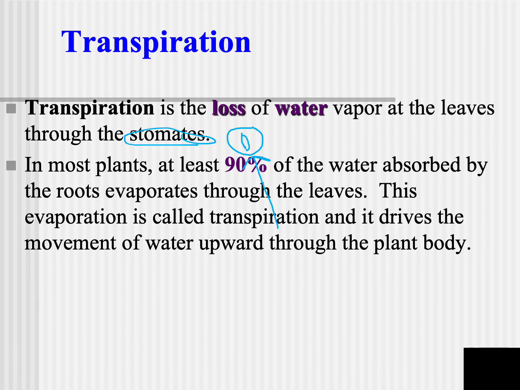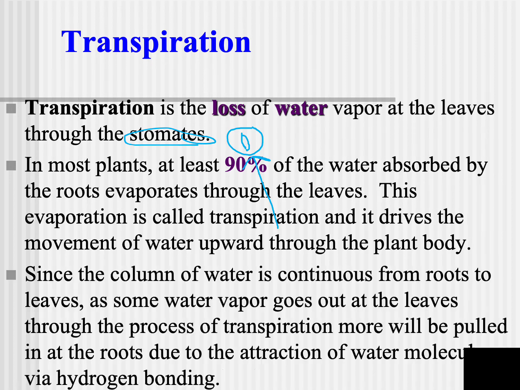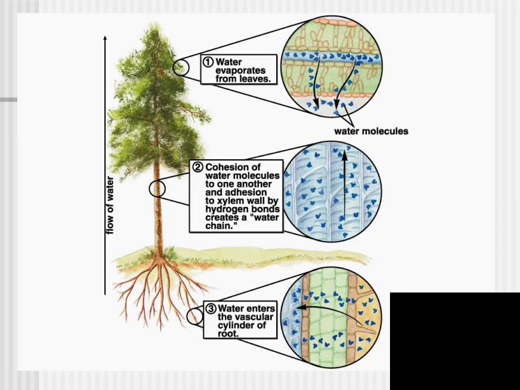And most plants, get this, at least 90% of the water that is absorbed by the roots evaporates or transpires out of the leaves. And more transpiration, water loss, means more absorption of water through the roots. So this may give you a little more idea as water is down here. The reason 90% of the water is actually absorbed is all the way up here when we're looking at guard